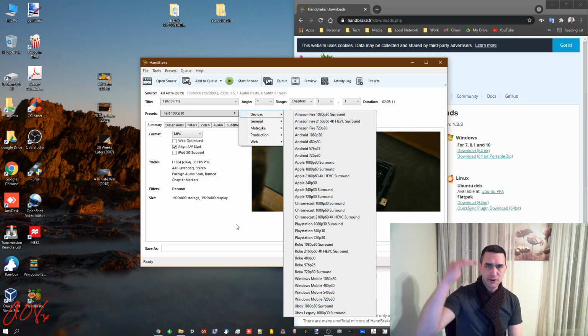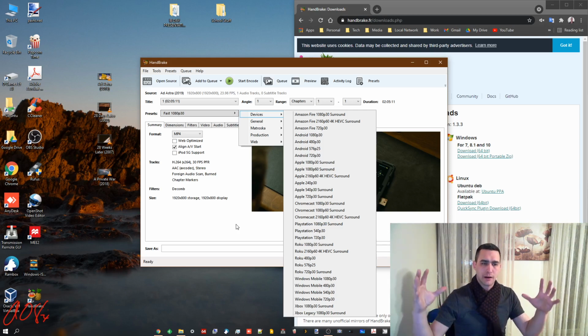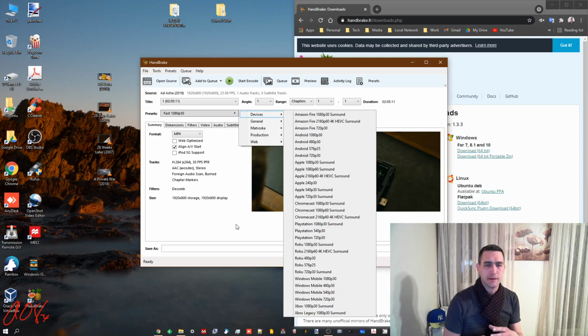However, I would say don't convert up to a larger resolution, because it will go up in file size, but it won't go up in quality. Converting down you can do, and the quality will remain pretty good. You'll lose some because you're sort of compressing it, squeezing it down further. But when you go up, what you end up doing is taking 1 pixel, and if you're going from 1080p to 4K, you're converting 1 pixel into 4. And so the computer can do that. I mean, it tries to fill in those gaps, but it doesn't end up looking great. So if you need to go down, you can do that. I wouldn't recommend going up. But at any rate,